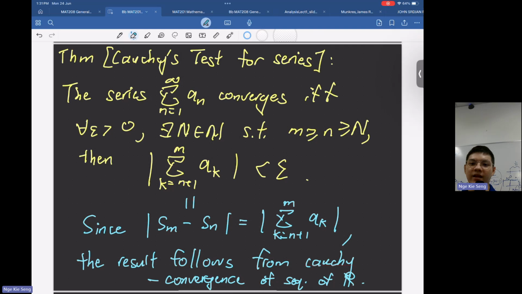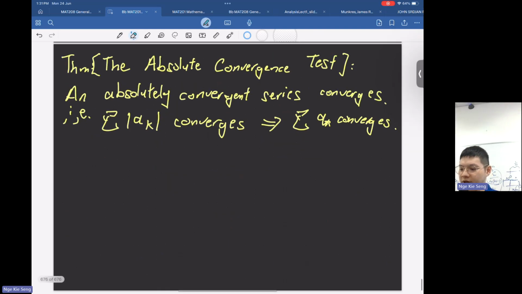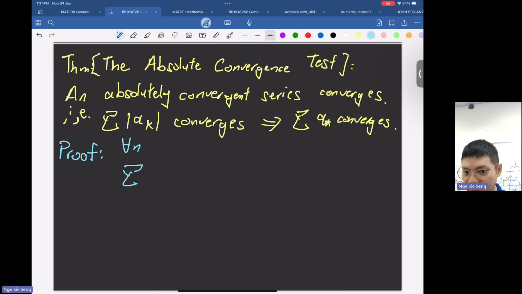But this is good. Why is this good? Okay. We want to use it to show this test here. Okay, this is good. What we have just now is good. Why? So if you can consider this guy here. So for n in n, and then the sum from j equals n plus 1 to n